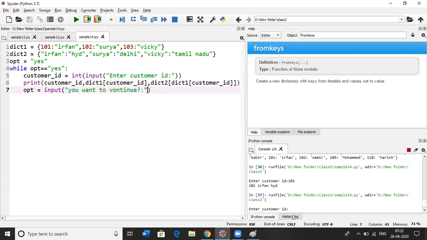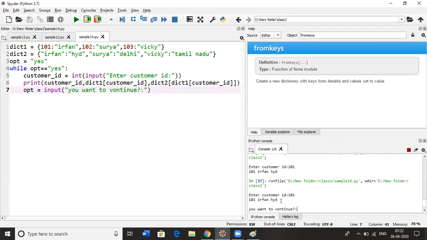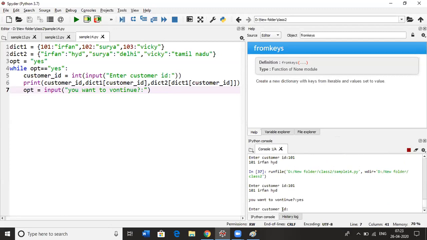So now I'm printing 101. It will give me the 101 details, and it is asking me if I want to continue or not. If I put yes here, it will ask one more time for the customer ID, and I'm putting 102.